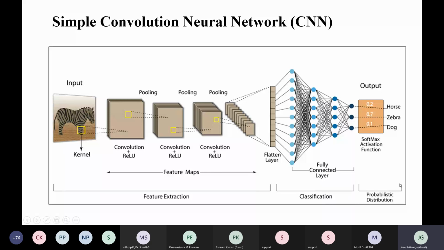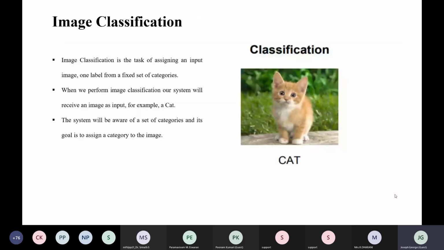So there are some important applications of CNN. The most important application is image classification. For example, suppose you are giving images to this network, the network will learn the features of a cat, the features of a dog, and so on. And then finally, it is given to the artificial neural network, where the artificial neural network will identify whether that particular input, whatever you are giving, is a dog or a cat.